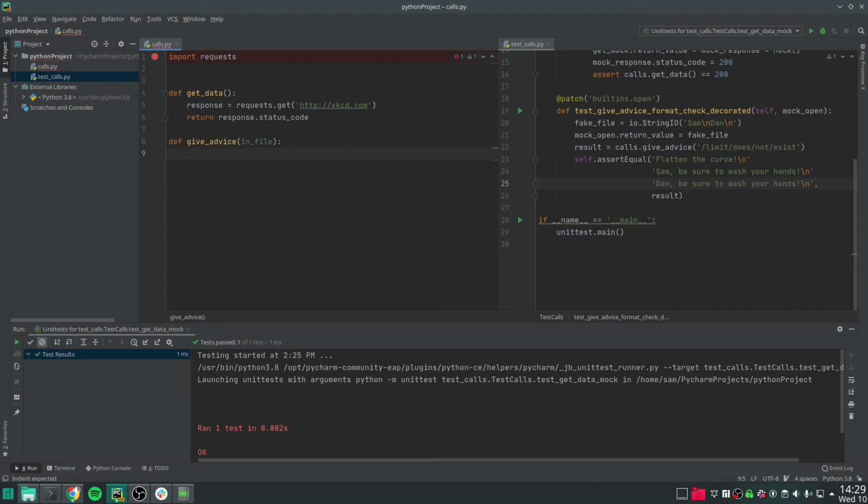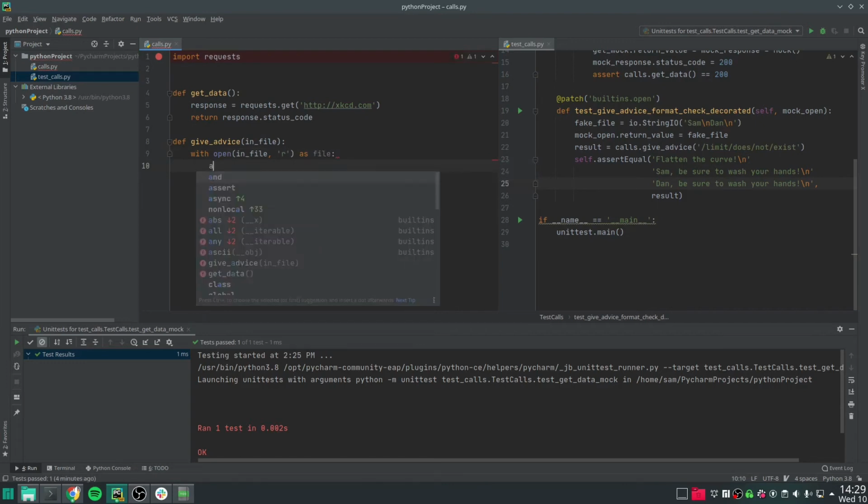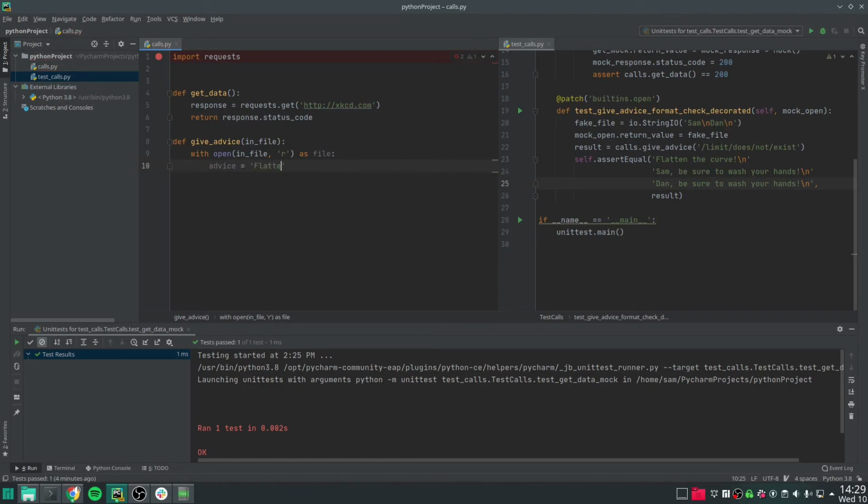Now we're going to open the file using a context manager. So with open, the input file, read only, and we'll refer to it as file within this context. We'll start out with our advice string being "flatten the curve" followed by a carriage return. And then next, we're going to start appending that "be sure to wash your hands" line for every person in the file. So for person in file,